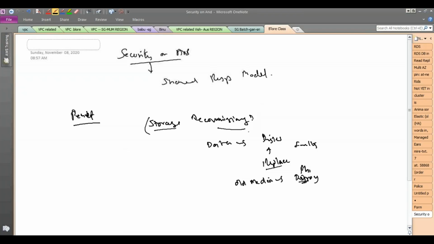You don't have to do anything. You just worry about your encryption if you want to keep your data safer. Encryption at rest. Storage decommissioning, AWS takes care of it. It is not your responsibility, it is AWS's responsibility. For example, if you're using a Snowball or Snowmobile, they reuse the same device again.